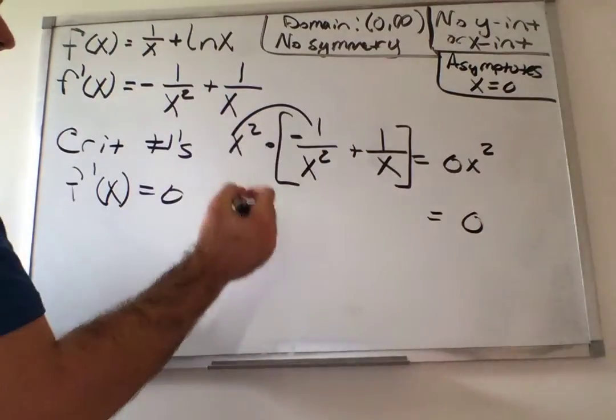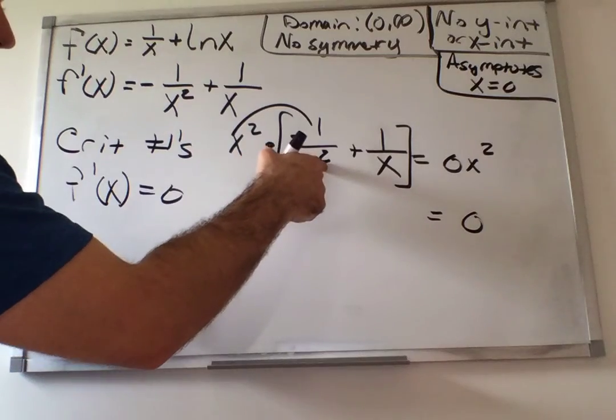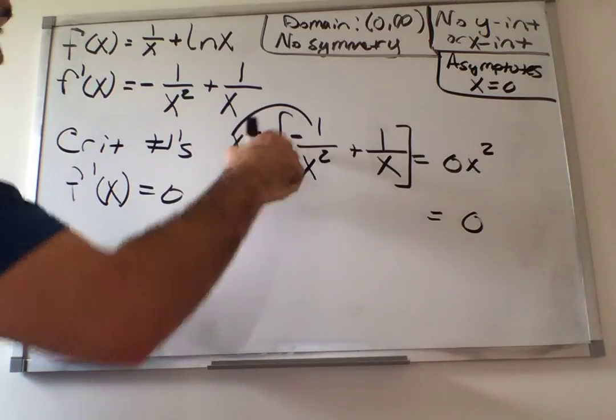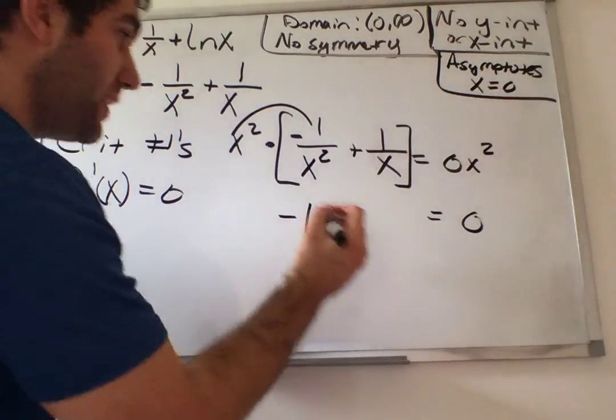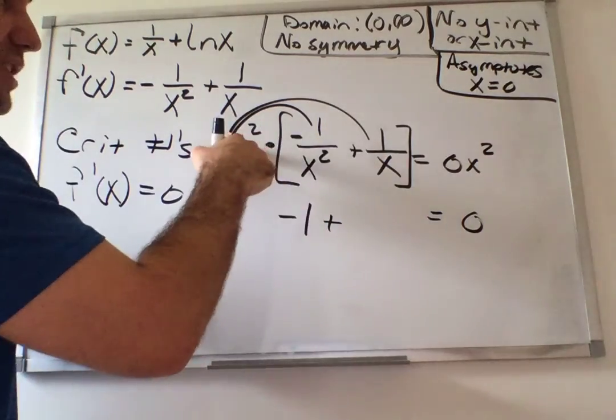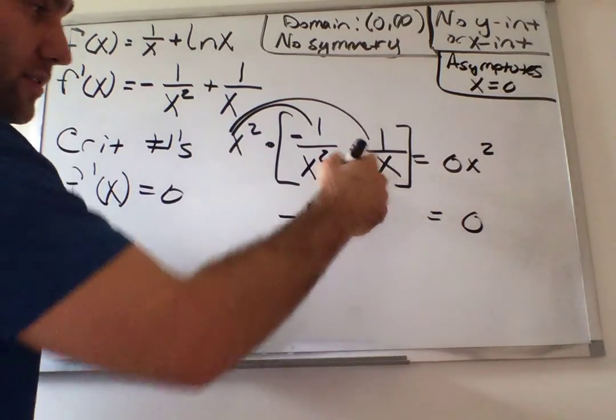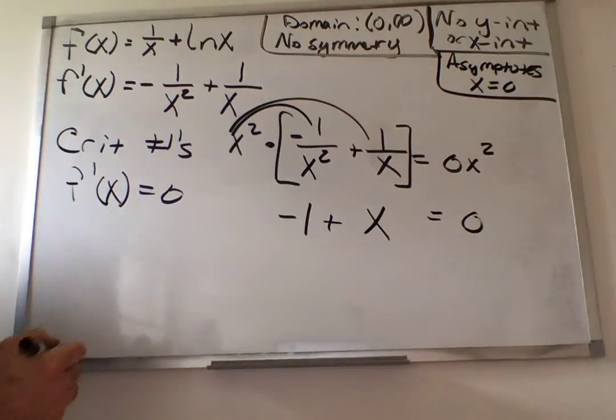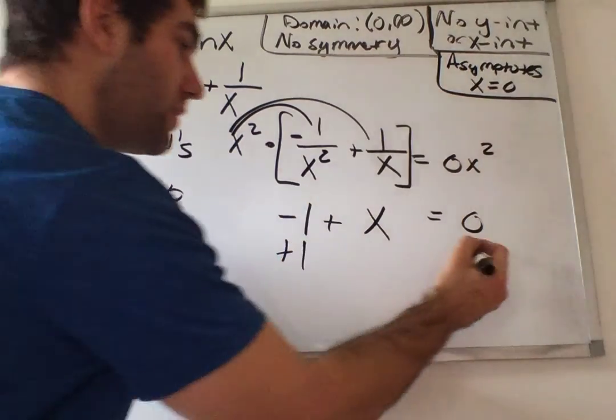If I distribute here, x squared divided by x squared, that's 1. And then we got a negative in front of it, negative 1, plus, if I distribute over here, I got x squared divided by x, which is just x. Hey, look at that. Really easy equation to solve. Plus 1, plus 1,